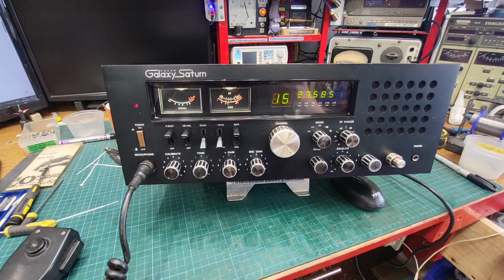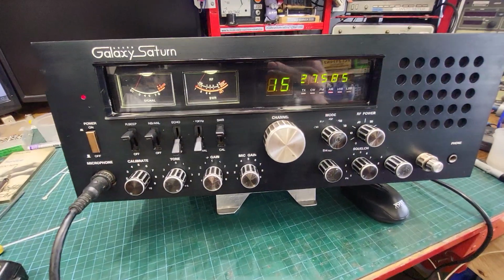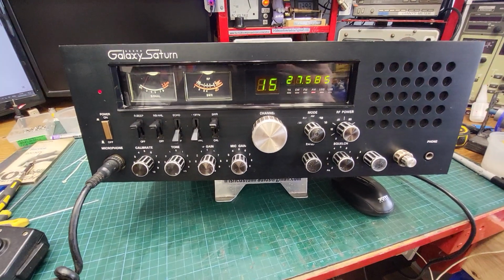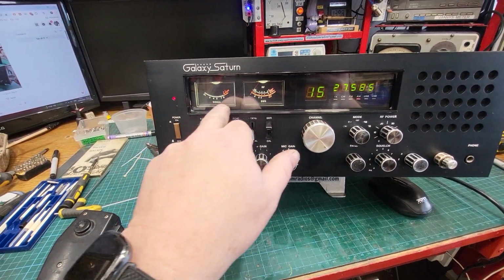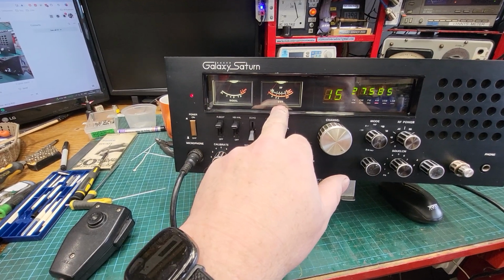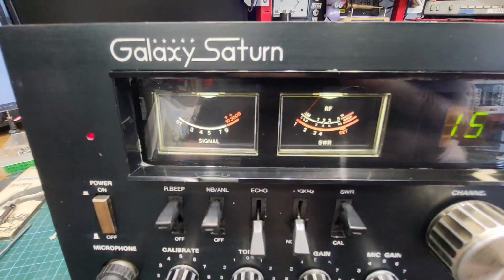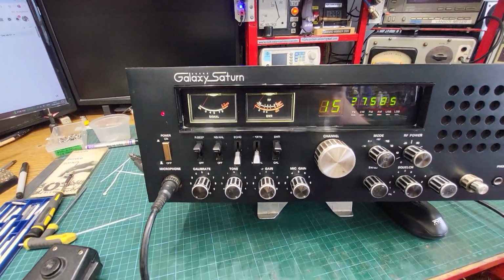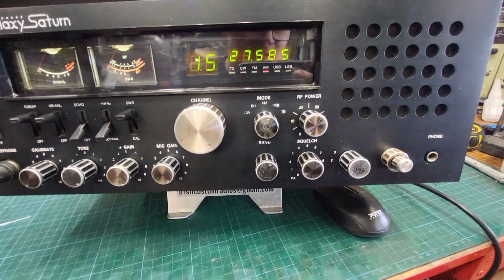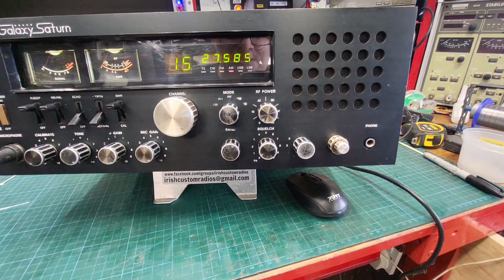Graeme's Galaxy Saturn, and we went through this thing from front to back and tuned it. I had to put 2 new meters in it because the meters were damaged. We've put LEDs in the meters as well. Give it a good clean, and unfortunately a lot of the text is missing from the bezel on this one,